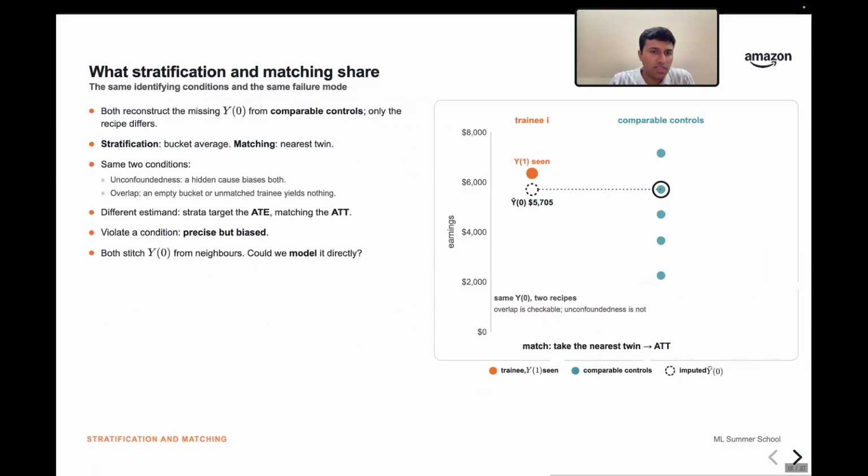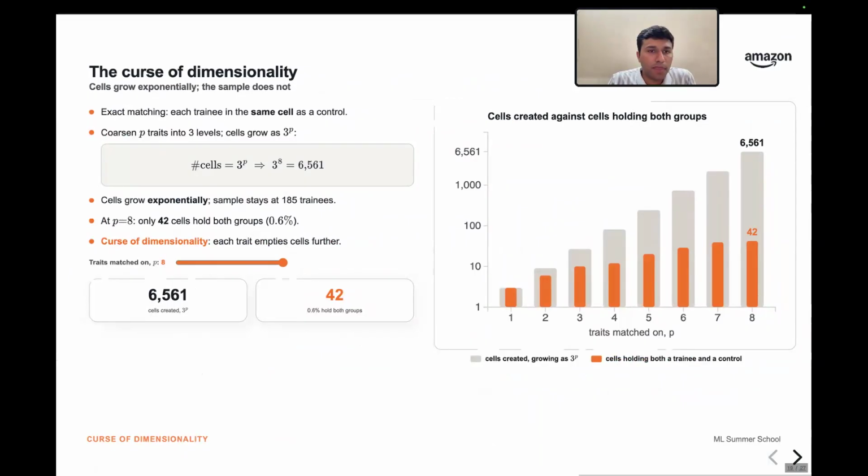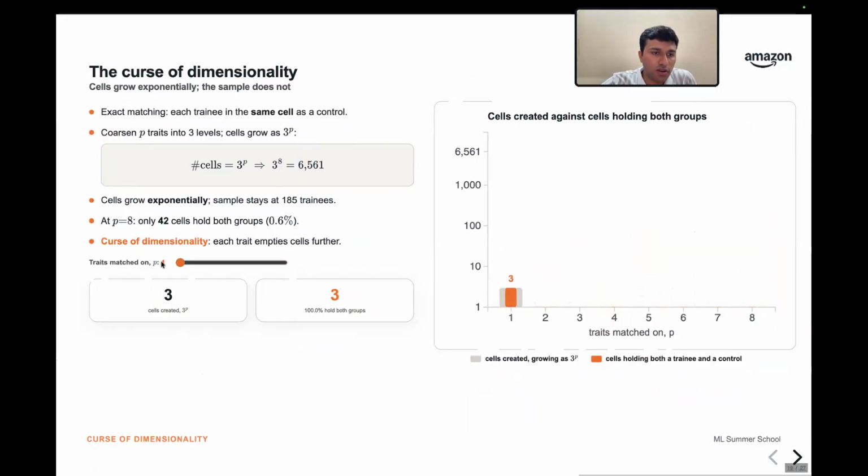But as I was mentioning, the problem with both of these approaches is basically the number of covariates that you can condition on. They work well for a smaller number of covariates, but you will have to think of better techniques if you have a large number of covariates or confounders, right, that you want to condition on. So one important thing to keep in mind, as I was mentioning, was the number of covariates. Not just the number of covariates, also the number of bins that we end up creating, right? So here is one example of how we can actually run into problems very quickly when we are working with a very basic technique like stratification